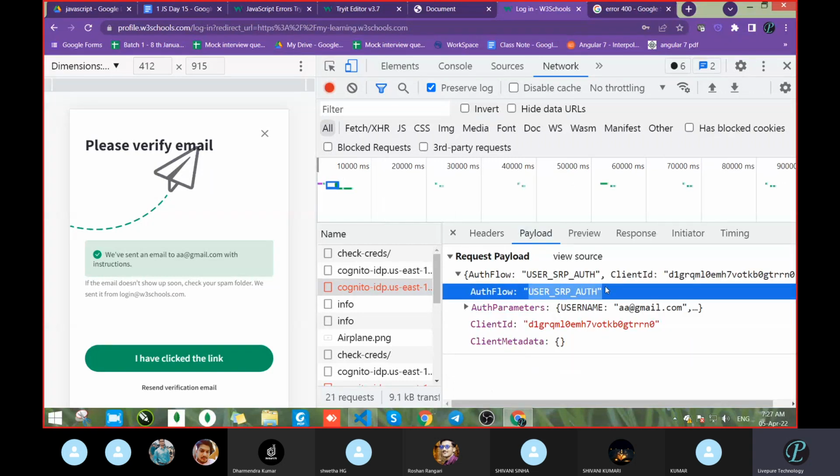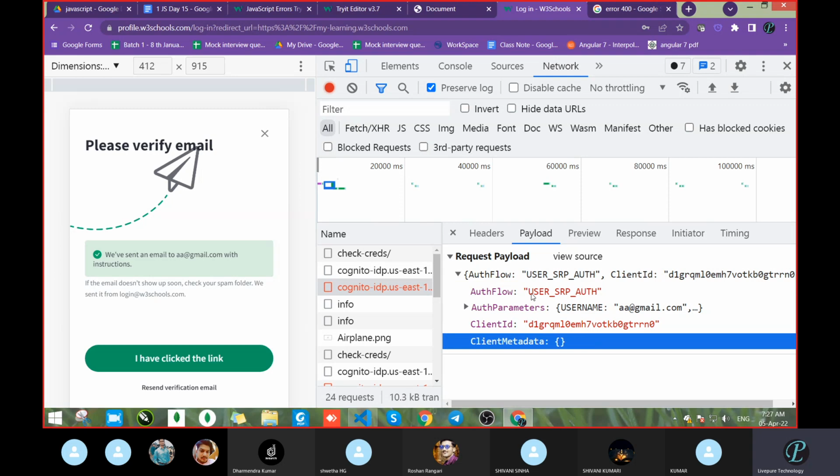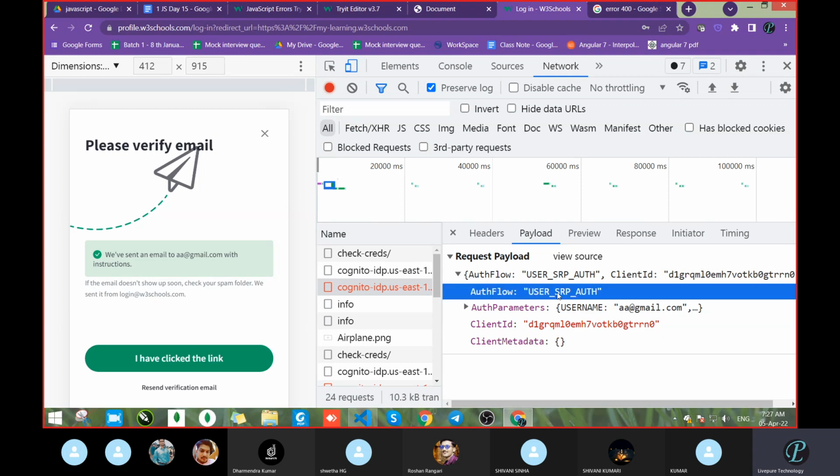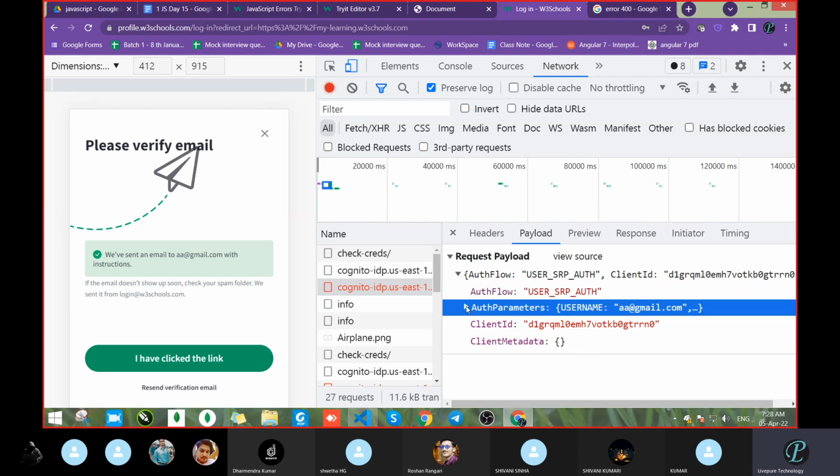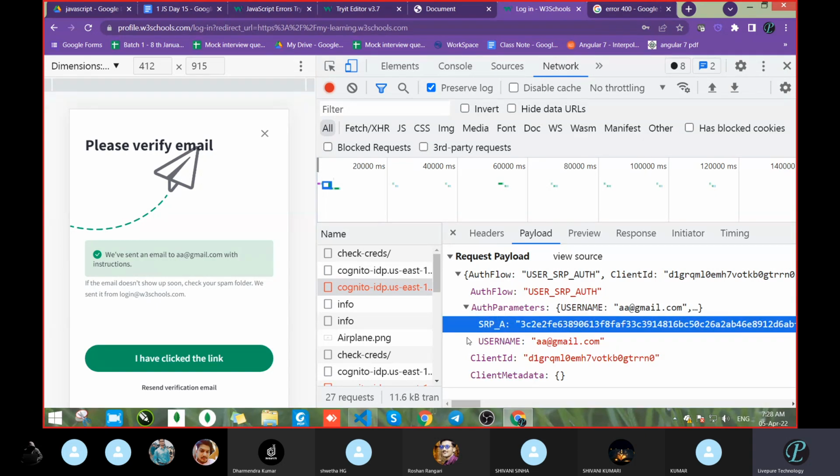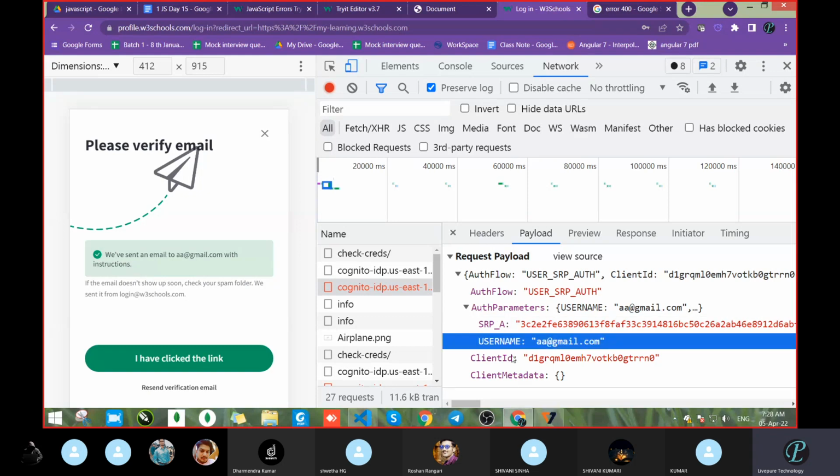We can't understand this one because it is written for their coding purposes, like the naming convention we use when writing code. So the person who wrote it will easily get that. You can also get some idea: USER_SRP, what they had written, SRP, that's fine. Next is AUTH, meaning authorization. So we are using short forms. Next, in the auth parameters, what are we getting on the parameter side? Let's see. SRP_A, some token they are passing, then the username, and the client ID, something is there.